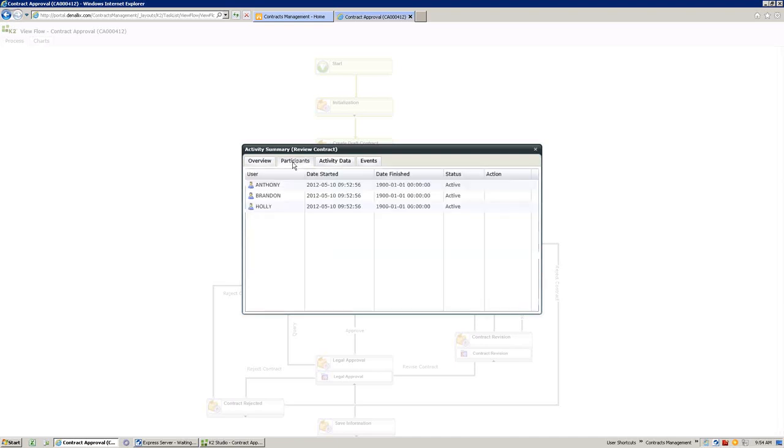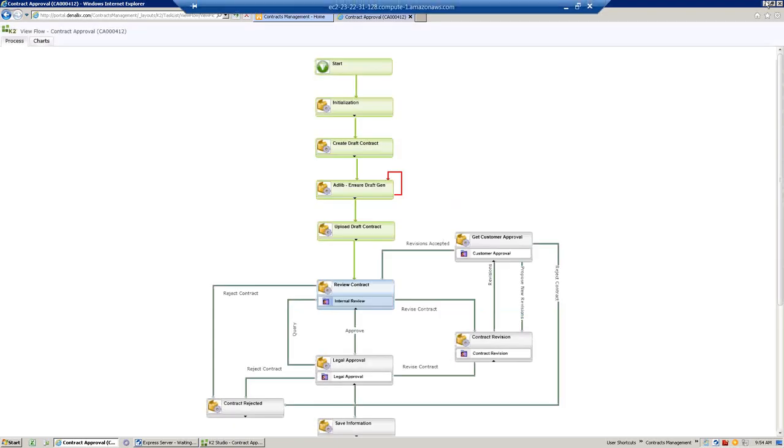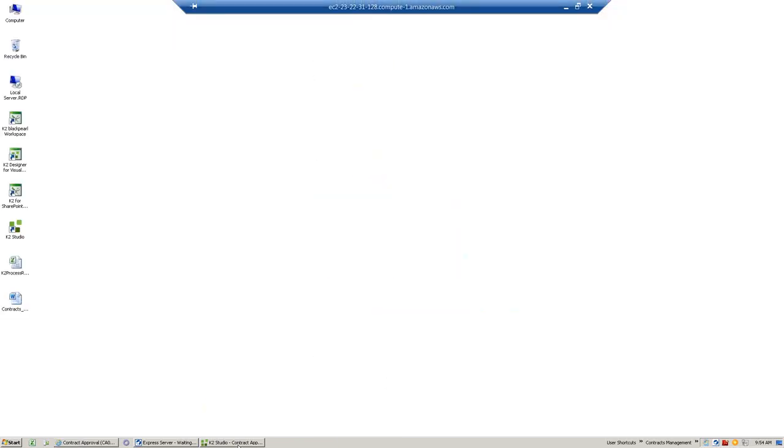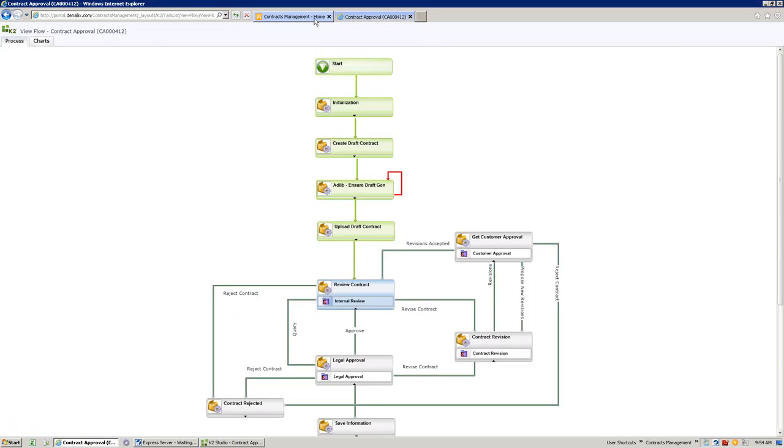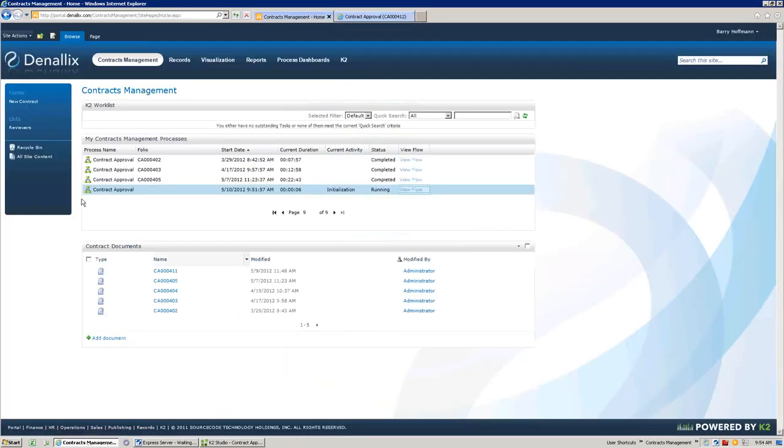I can drill in and see participants. Remember I mentioned that Holly, by default, based on configuration of the workflow, is the approver, but I also checked on the form, Anthony and Brandon were optional approvers. So I'll close that out. And so we're sitting at review contract, and I'm going to minimize that. And let me open up, and I will close actually the, before I close it, let's just say that you can see that when I refresh, there we go,